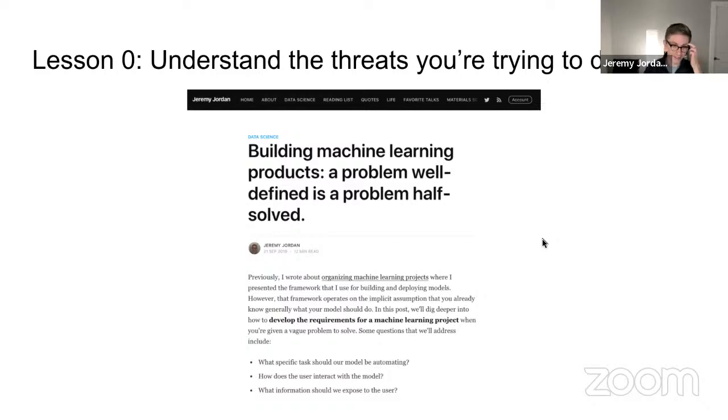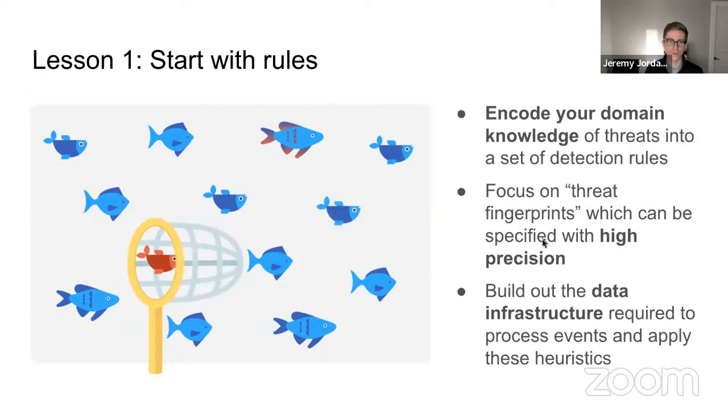And it's equally important in the cybersecurity domain as well. And once you have that understanding of the threats and you've specified the problem and what threats you're trying to detect for your product, a natural place to start is with rules. At this point, we don't have big labeled data sets we can train models on. So we're really forced to rely on our domain knowledge of those threats and encode that in a set